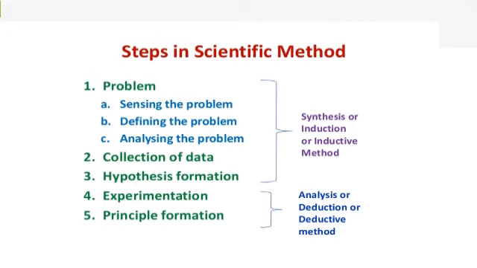So after this, the biologists formulate the hypothesis. Step number 3 is formulation of hypothesis, or hypothesis formation. Biologists organize observations into data form and make a statement that may be the answer to the biological problem. You can say the tentative statement or tentative explanation of the observation is called a hypothesis. Biologists use reasoning to formulate a hypothesis. And students, remember one thing, the hypothesis should be testable.